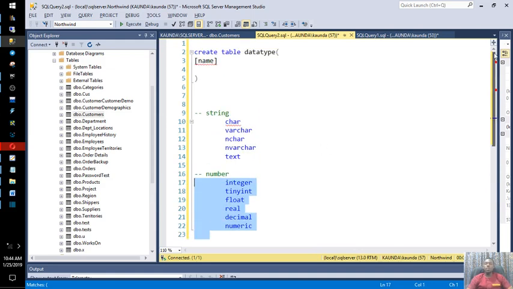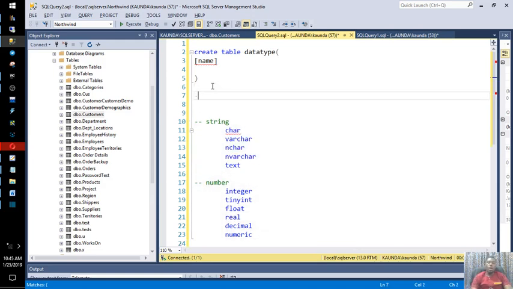So now if I'm to save someone's name, I know it's a text, it has to do with this. Which of these should I choose? Should I choose char? Should I choose varchar? Should I choose nchar? Should I choose nvarchar? Which one should I choose? The basic things you have to consider are two. One,